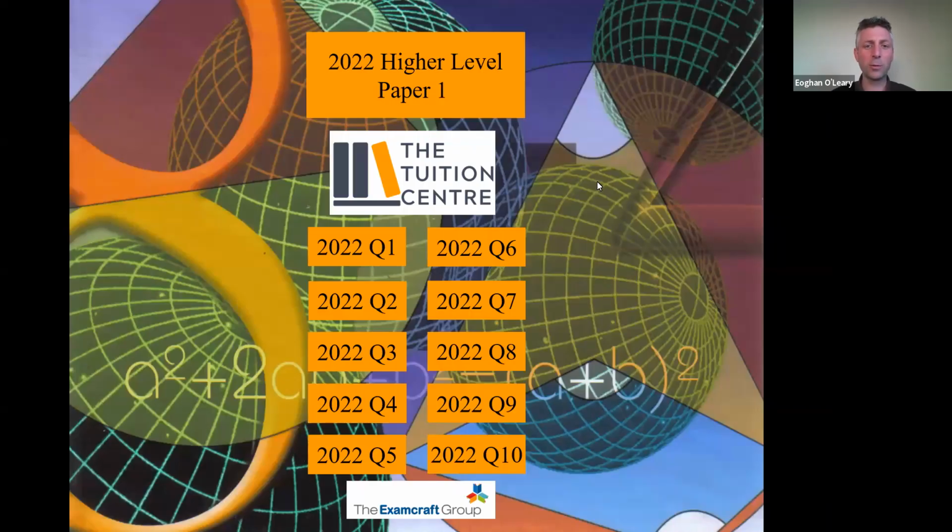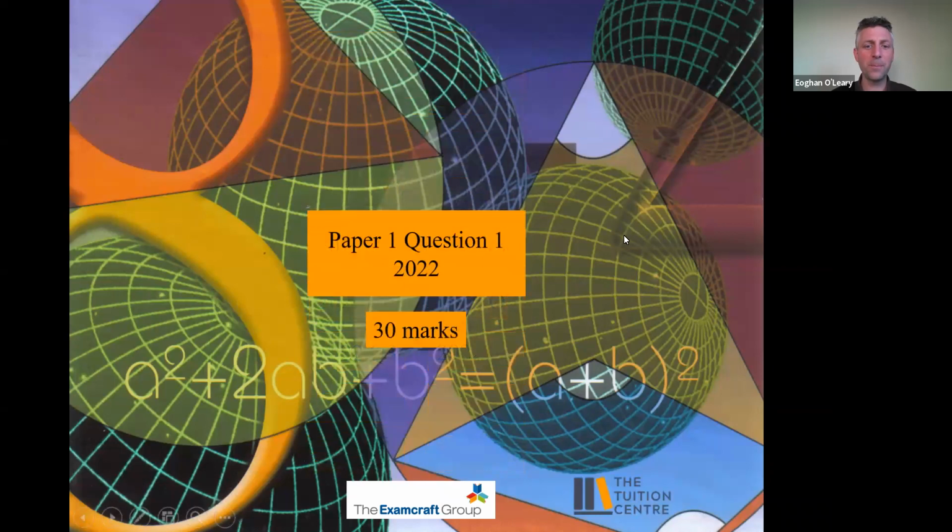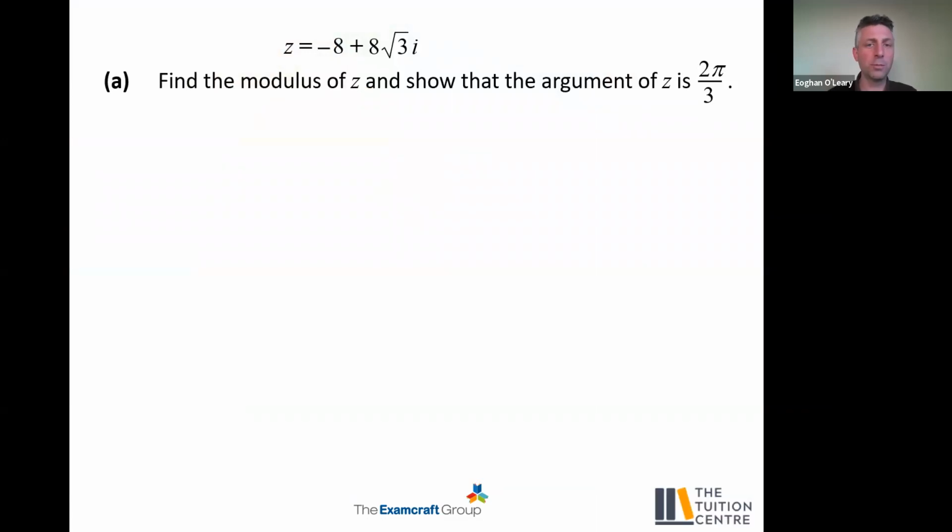Okay, so let's start going through the solutions. We'll start, of course, with the short questions. And question 1 is a 30-mark question. Some students will absolutely love this question and others will move right past it, saying it's an old-fashioned complex numbers